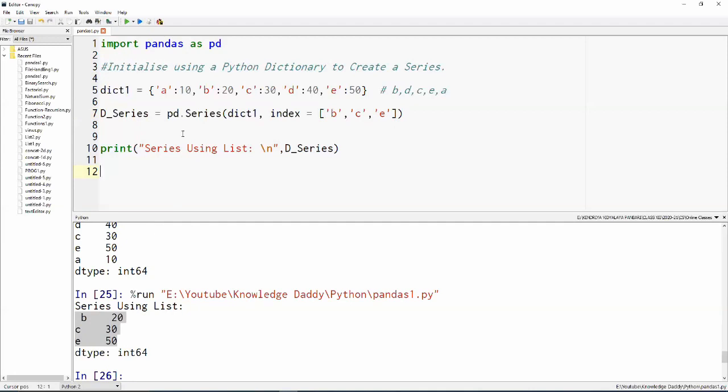The dictionary gives me the flexibility to work with series in different kinds of ways, such as we can provide index values if required. If you want to include the complete dictionary, we do not need to provide any kind of index values. But if we want to provide the complete dictionary in a specific order, then we have to provide the order which we want in the index list, right? And it also gives us the flexibility of removing the unwanted key value pairs which we do not want to import into the data series. Am I making myself clear?